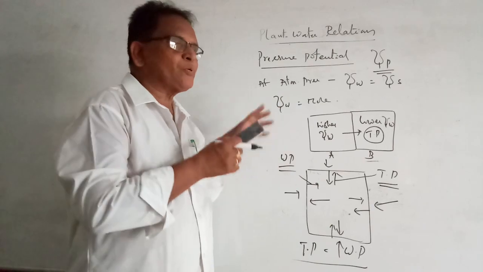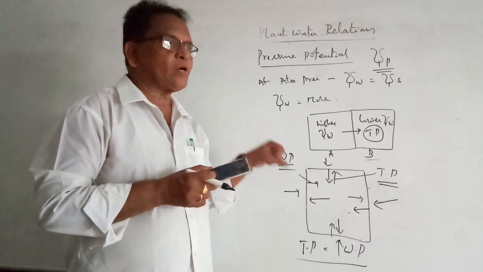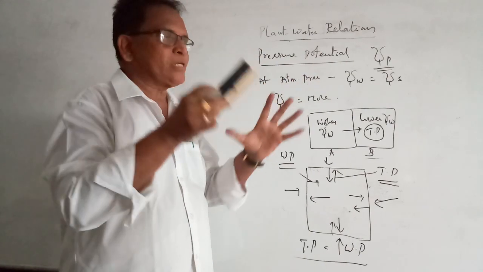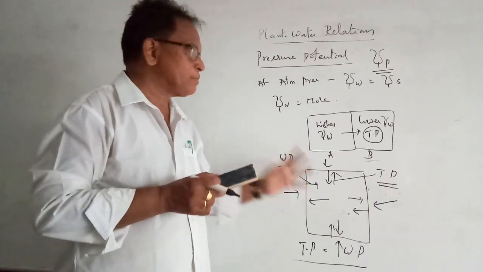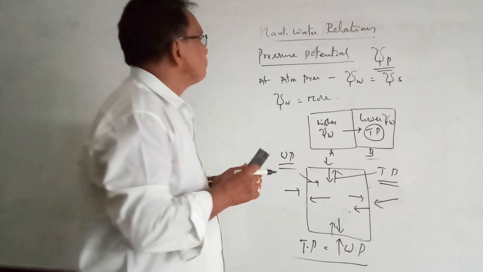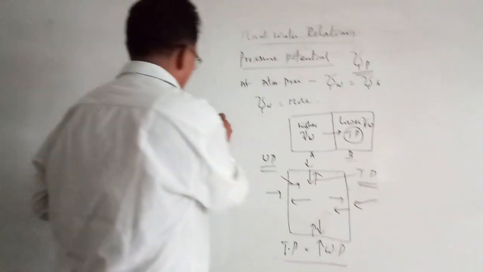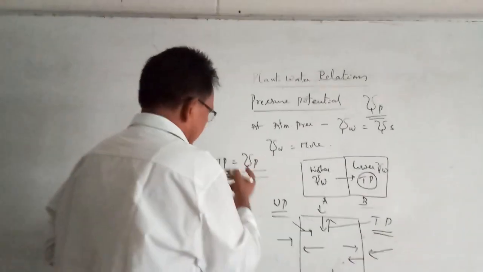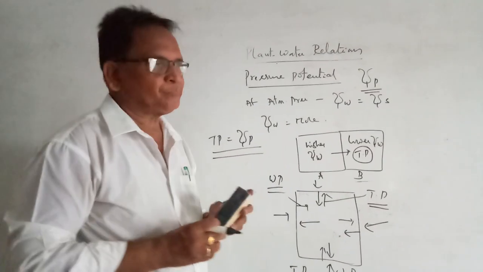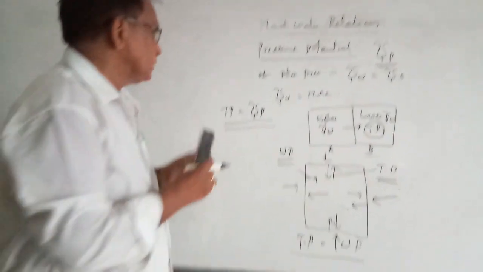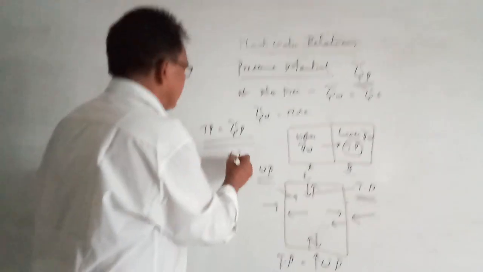Plants ki turgidity eppudu vastundi? When they are filled with water. అప్పుడు సెల్ వాల్స్ అన్నీ కూడా ఎక్స్టెండ్ అయ్యి ఉంటాయి, వ్యాపించిస్తూ ఉంటాయి. దాన్ని Turgor pressure అని అంటారు. And now this Turgor pressure, this TP, we can also call it pressure potential. టర్గర్ ప్రెషర్ని ప్రెషర్ పొటెన్షియల్ అనే పేరుతో పిలుస్తారు. This pressure potential is always positive.